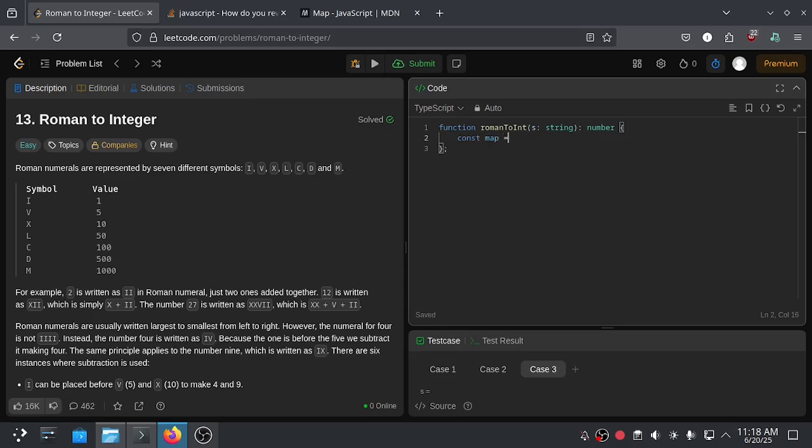Const map, it's the Roman numeral map, and creating a new Map, the constructor for the hash map, and we can declare the type. Since it's a pair of string and number, we can declare it inside the angle brackets, string and then number.